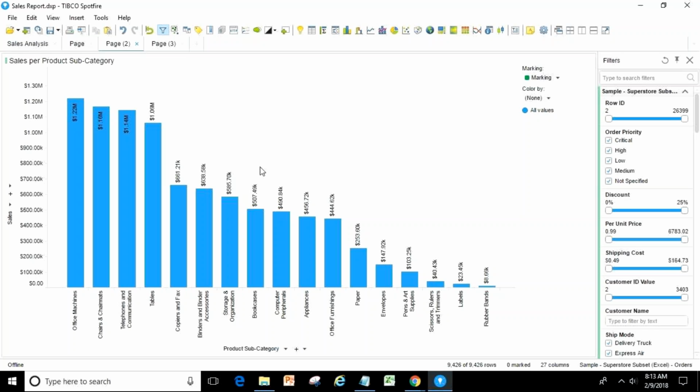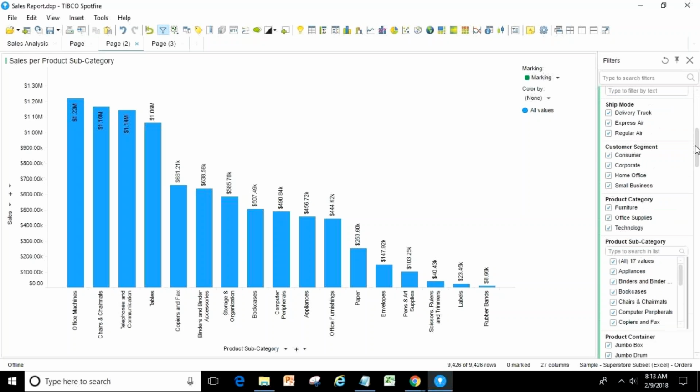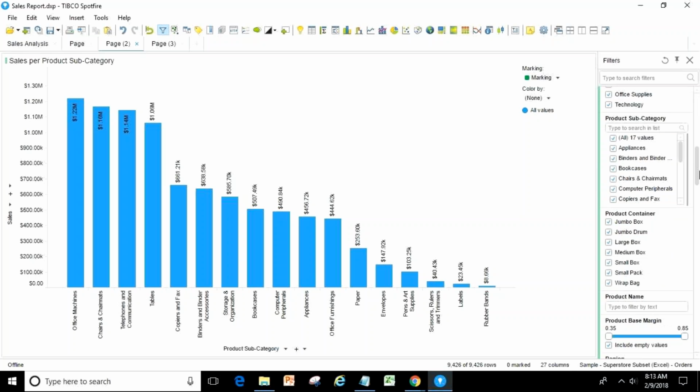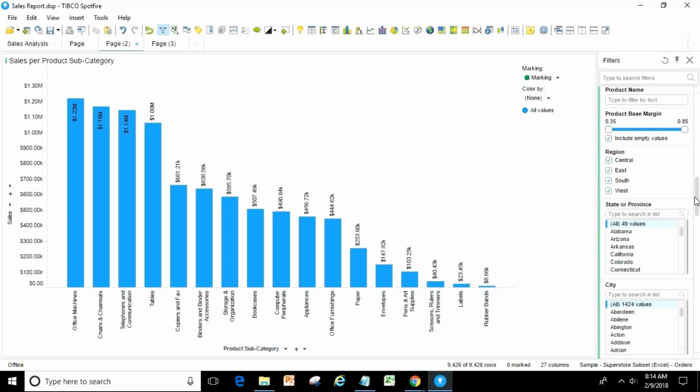So here you are seeing this subcategory. Okay, you're seeing the sales and everything. Now your user says, okay, this is fine, and here you have region. So central, east, south, and west. Okay, central, east, south, and west.